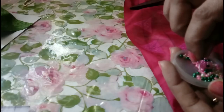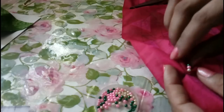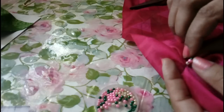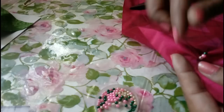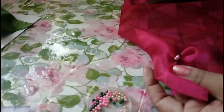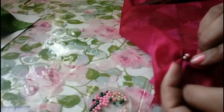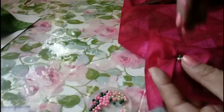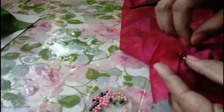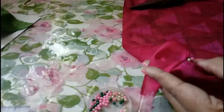If you want, you can take one bigger bead also, it all depends on you. See, like this I had 3 beads, and now I'll again give one more stitch here. So you can see here the flower end a bit. Now one more time, close it, lock this thread,